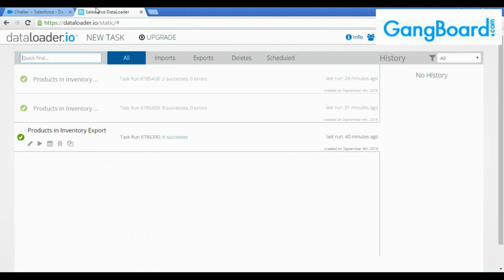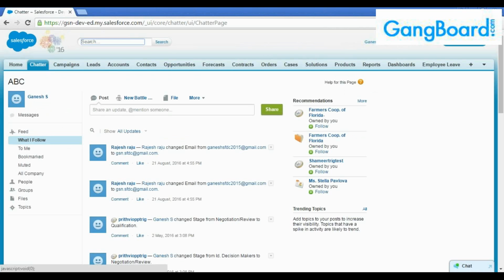So this is actually about data loader. We have discussed quite a number of things here. So next, if you see,